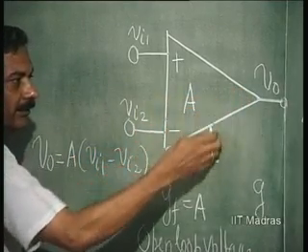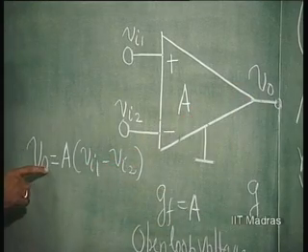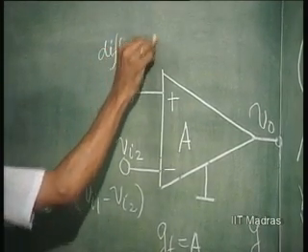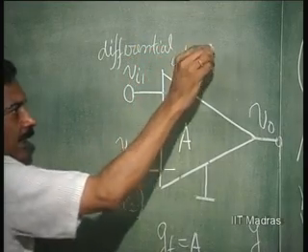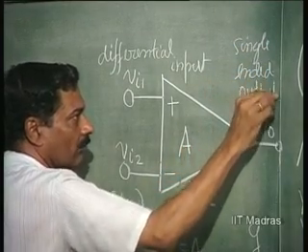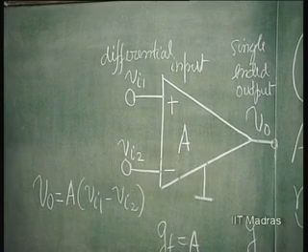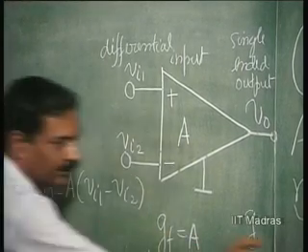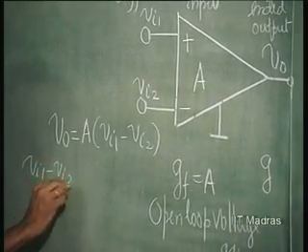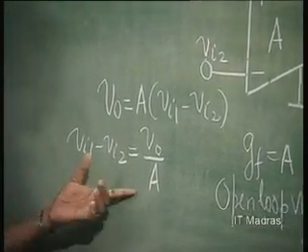It is always referred to single ended output, that means one end of the source is grounded, other end is giving you an output V naught equal to A times Vi1 minus Vi2. So, differential input, single ended output, we are talking of. So, if you consider first that only the forward transfer parameter is high, the rest of the things are all going to be 0, 0, 0, then we can indicate that Vi1 minus Vi2 always becomes equal to V naught by A. This is an important principle I am trying to discuss. A is tending towards infinity,